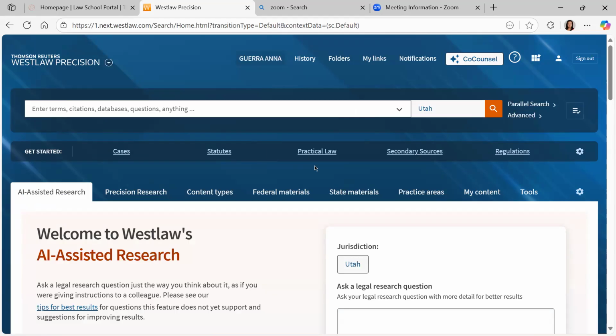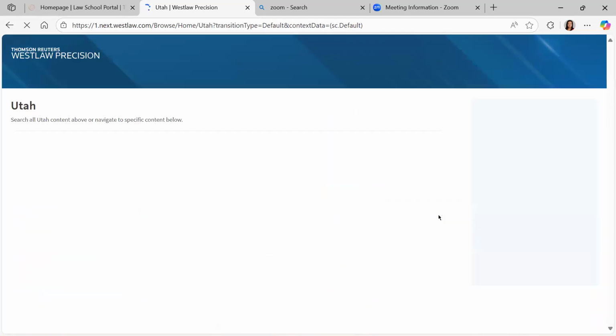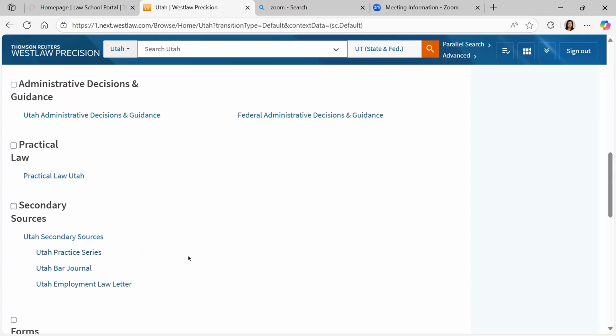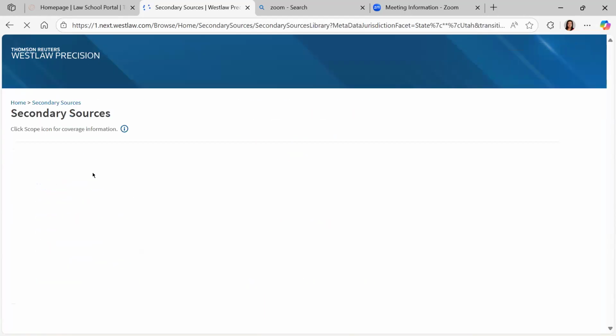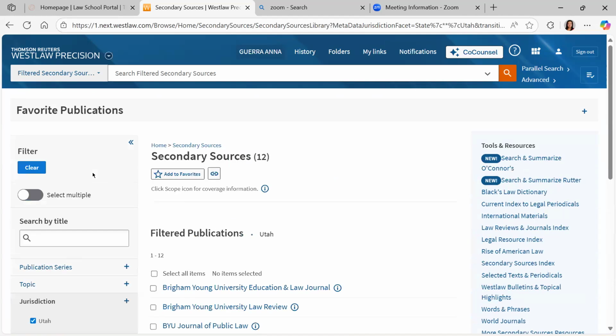So the first place I want to click into is state materials, and I will click on Utah. The first place I want us to go to are secondary sources. Now, your first thought might be, why am I going to go to secondary sources, Anna? I need some cases. Well, I like secondary sources because if I don't know a lot about a subject, I